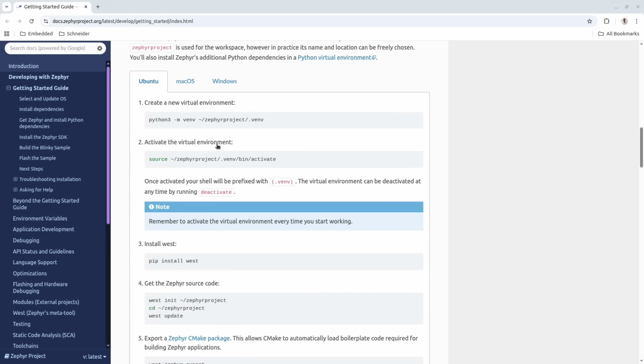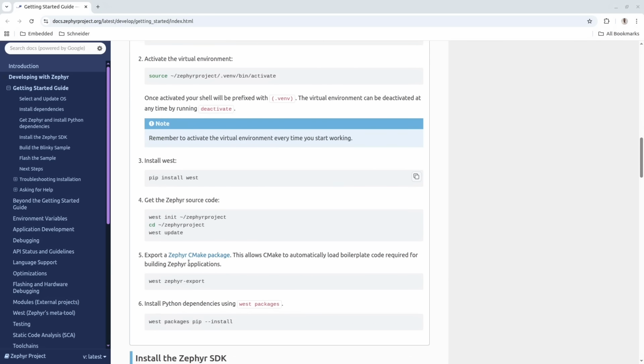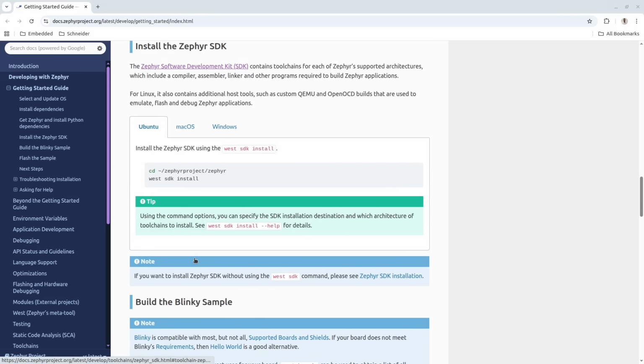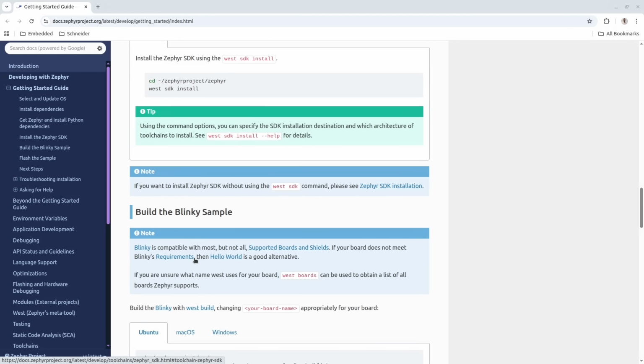One important thing to mention: after you install West, using pip install west, for example, you can install the Zephyr SDK that contains the toolchains, compilers, and linkers for Zephyr. Once you have Zephyr installed, now let's go to the code.